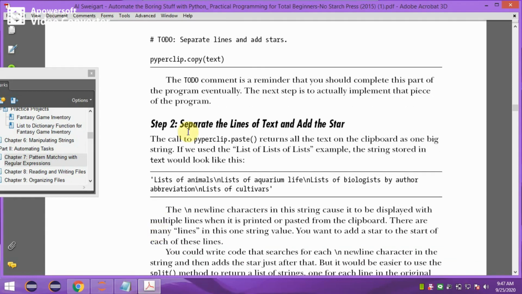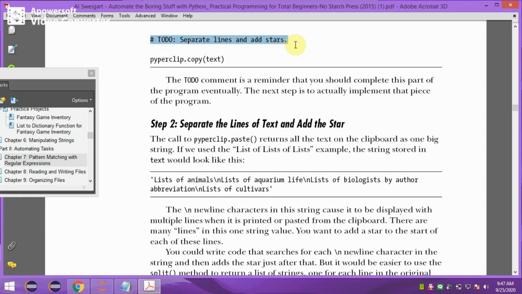After that, the text is separated into lines and a star is added at the beginning of each line. How to add a star at the beginning of the text? Here you have to write the code.